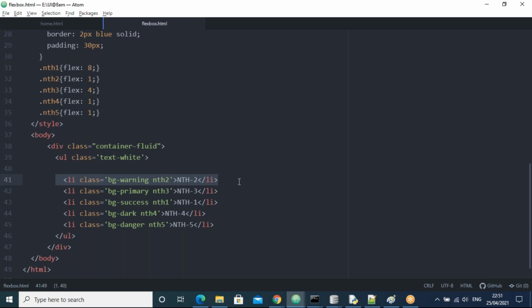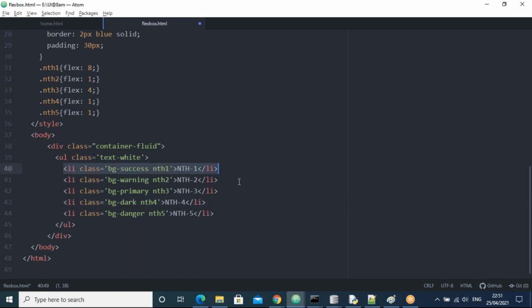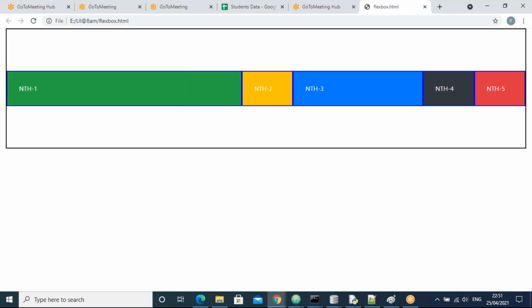So now what is my requirement? Without modifying the program, I want to change the order of the boxes here. I want to change the order, guys, like the front one taking to the back one, the back one taking to the front one, or the first one taking to the third position, third one going to the second position, second going to fifth position, like that. I want to change the order of the boxes.